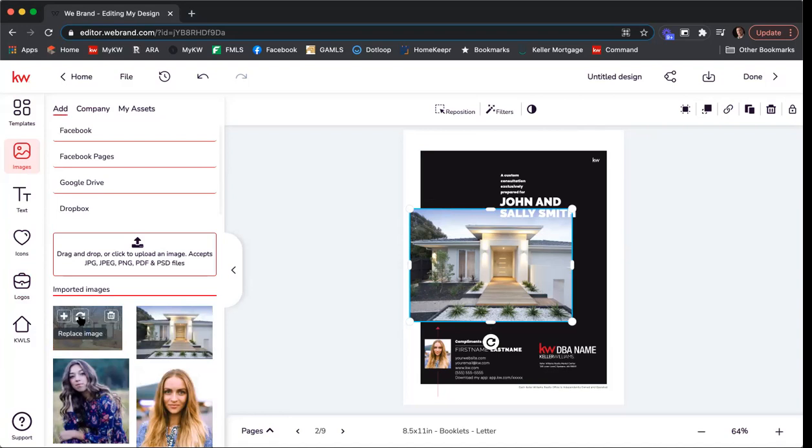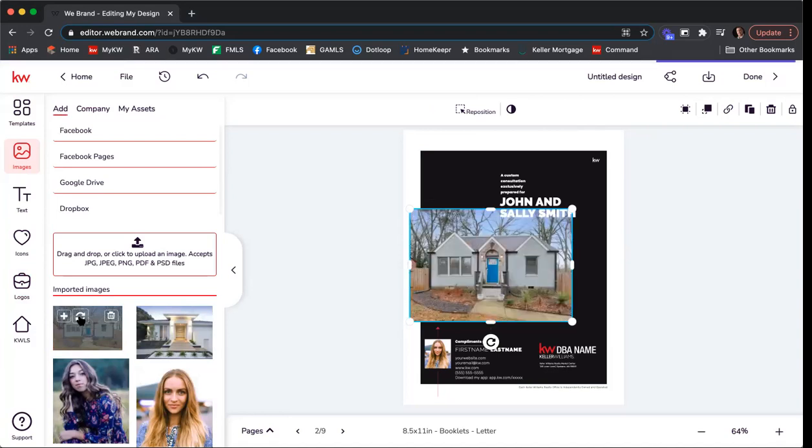So what I want to do is I'm going to click on the replace image icon. And that is just going to literally replace the old image with the new one. And the nice thing about this is that it saves me from having to reformat this image and having to delete the old one. It just puts it right there in